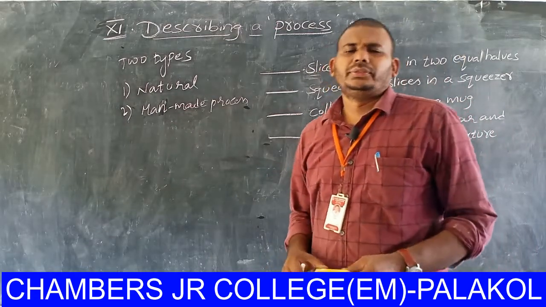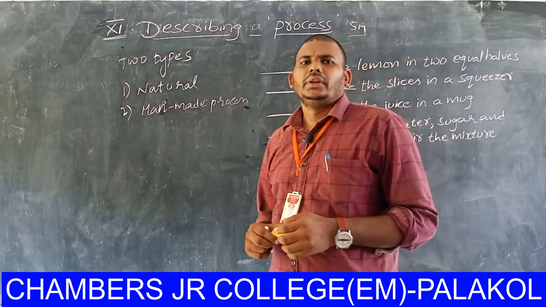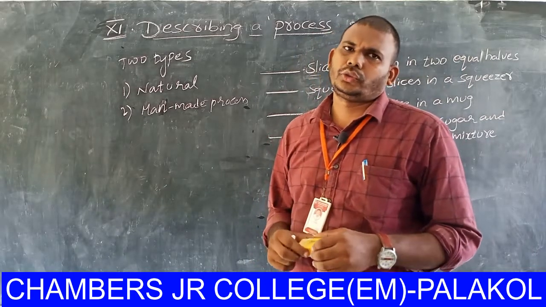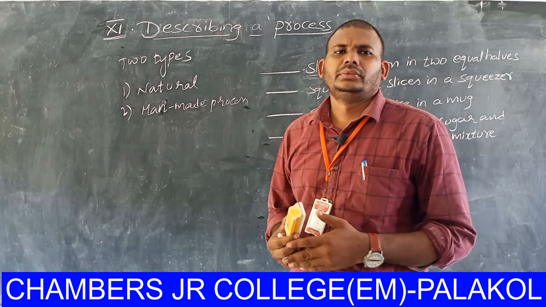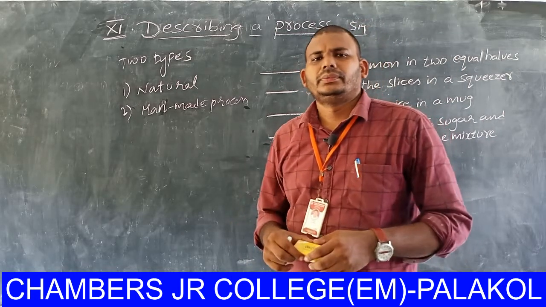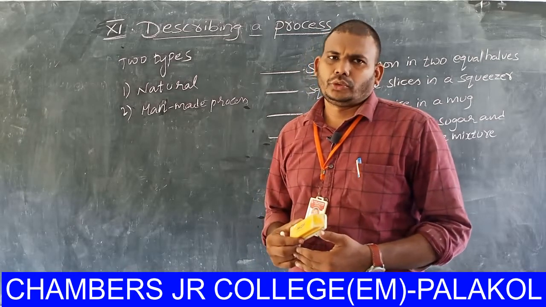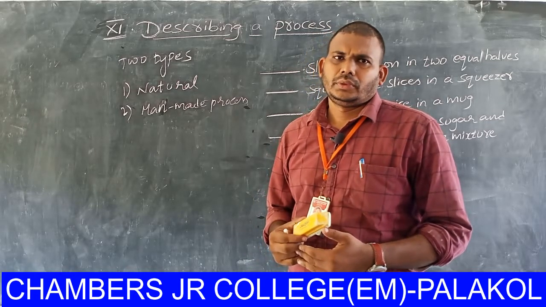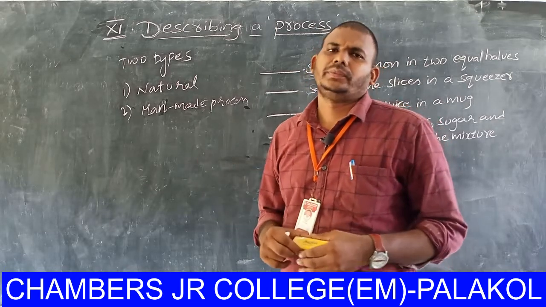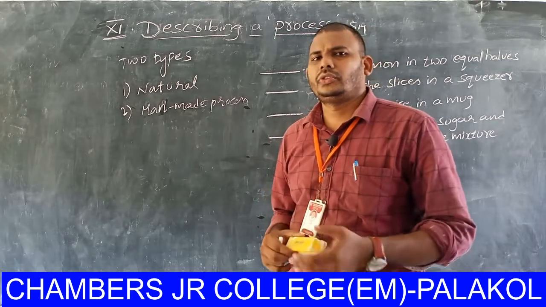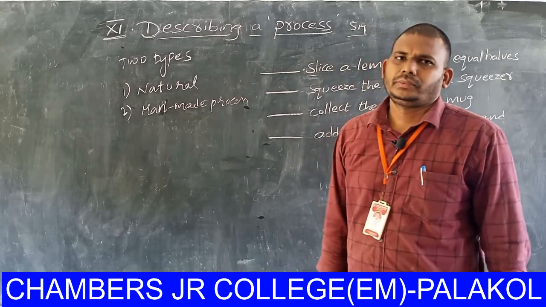If you take the example, the preparation of food in a plant is considered a natural process, and the digestion of the food that it takes in our stomach is also called a natural process. The preparation of food in a plant by the result of photosynthesis is a natural process, and the digestion process in our stomach is also called a natural process.